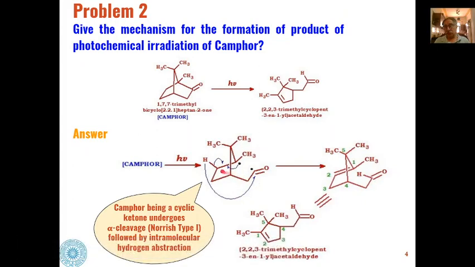And then again the hydrogen which is beta hydrogen to this alkyl free radical will be abstracted. So H radical from here, H with one electron, will go to this acylium ion. So intramolecular hydrogen abstraction will take place from the beta carbon of the alkyl radical. So this H radical will get attached to this, and this will be converted into an aldehydic group.